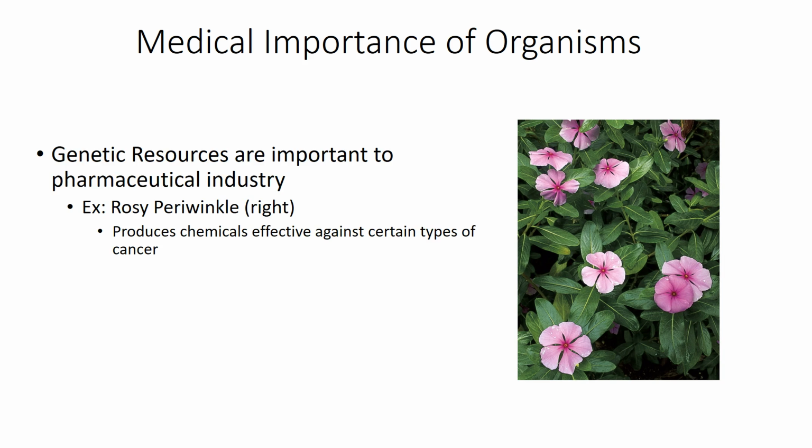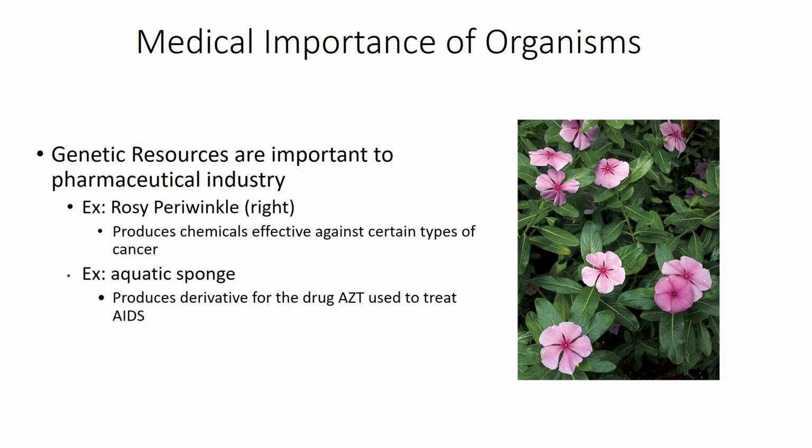Okay? You know, we talked about medicines and antibiotics, but the rosy periwinkle, for example, there's a derivative that helps to treat certain types of cancer. The drug they used to use to treat AIDS and HIV, AZT, was a derivative of the aquatic sponge. Okay,